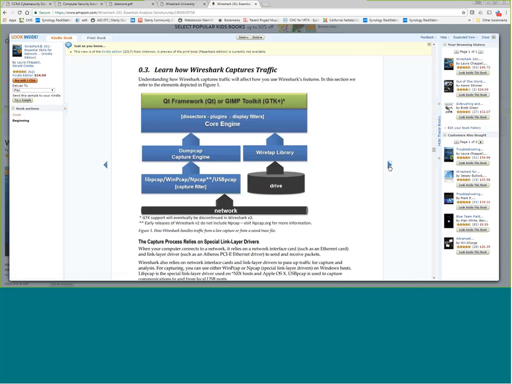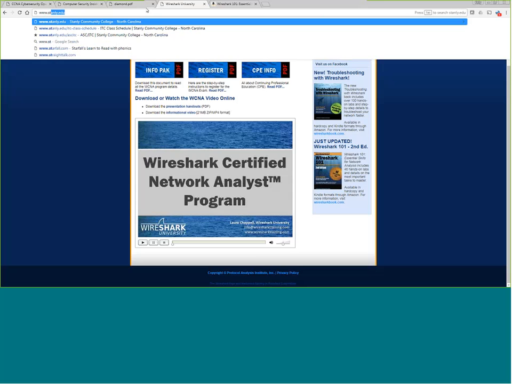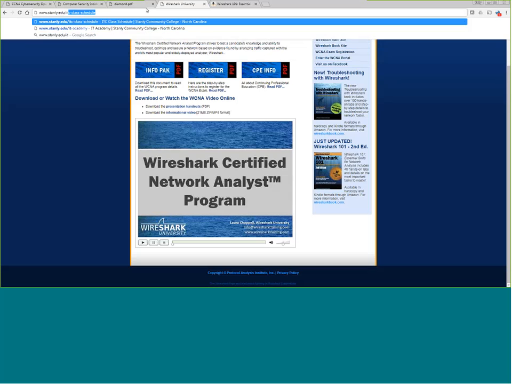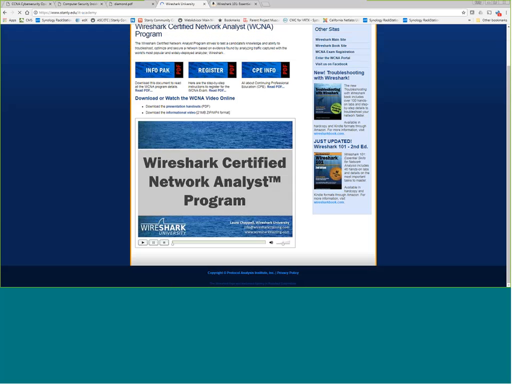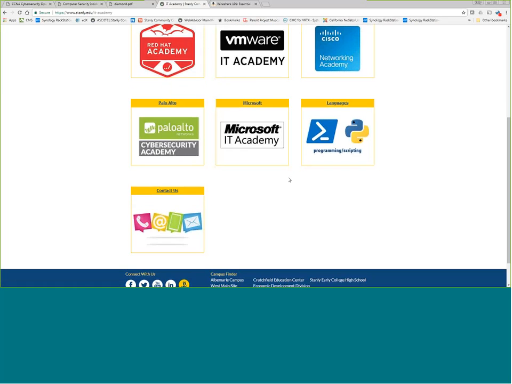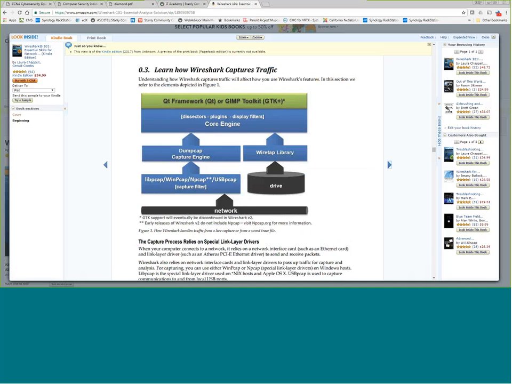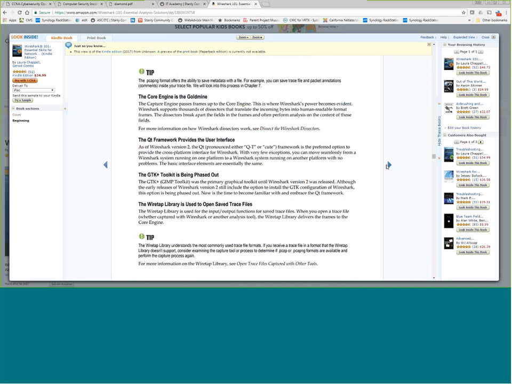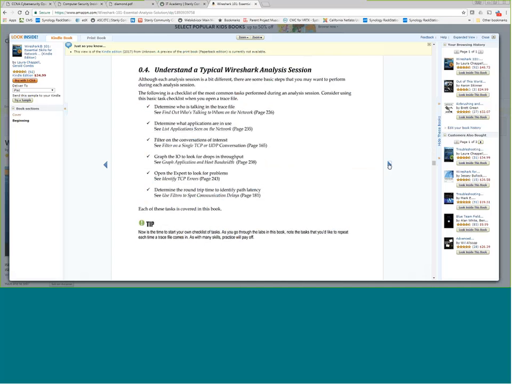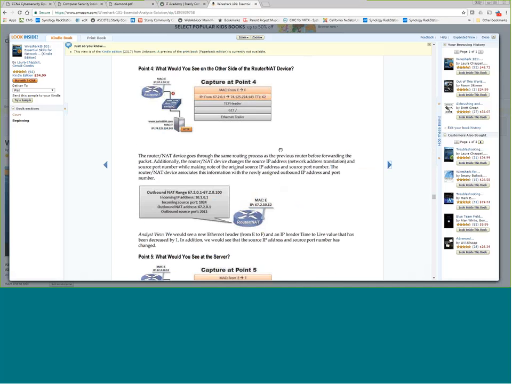We have our IT Academy, and I'm not just advertising, but I am advertising a little bit. I think I'd like to put in something like security and put in a Wireshark class and actually have students doing the captures using this book. I think that'd be kind of cool. I don't know what the uptake would be, but I think it may have some pretty neat possibilities.